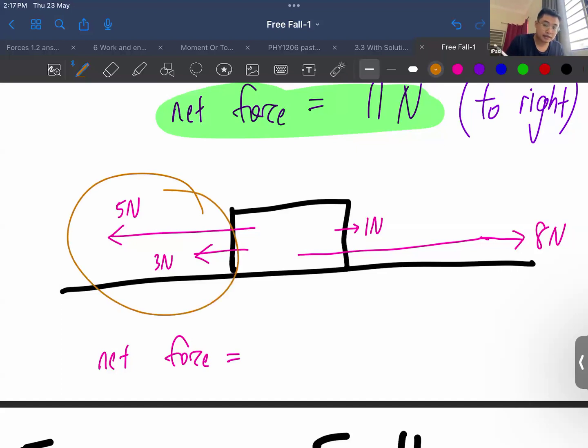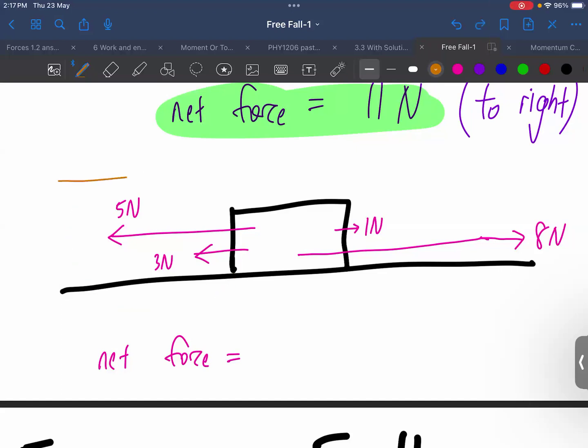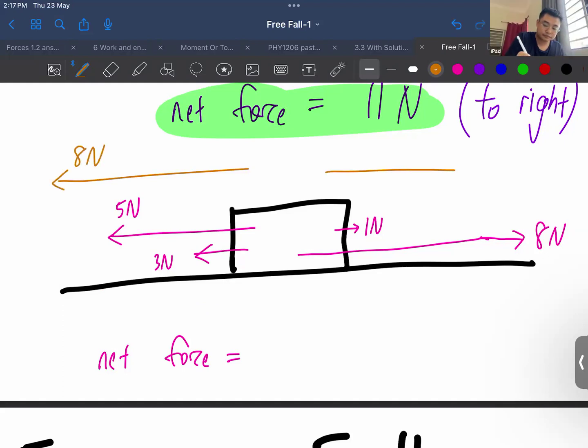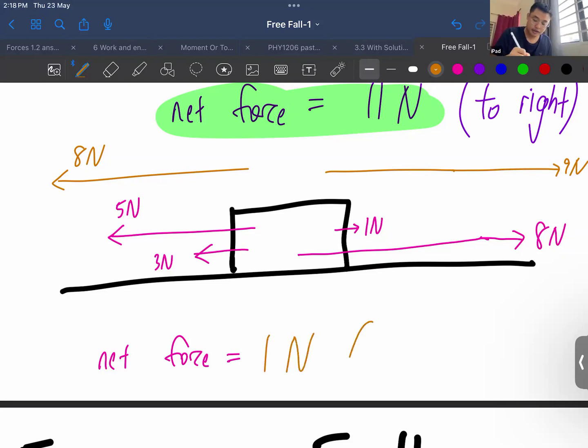3 and 5 are going to the left. Agree? Mm-hmm. So everything here is 8 Newton, am I right? Yes. And then here, 8 plus 1, so it's 9 Newton, right? 8 and 9, they are opposite, right? They want to kill each other. I repeat, 8 Newton going to the left, 9 Newton going to the right. So in total, what do you think is the resultant force? 1 Newton. Yes, direction, please. To the right. Okay, so now you understand, in order to get the net force,